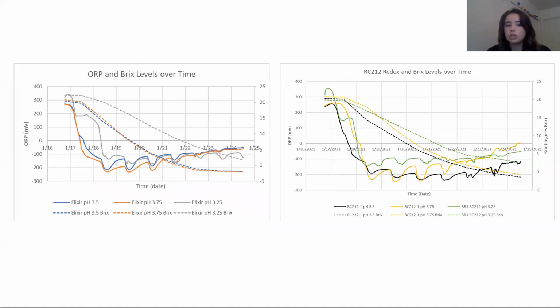This slide is just the two pH graphs compared. We can see the plateau in the first few days of the ones that struggled in each run, right here and here. And then there's also this rise in redox towards the end that is similar to the ones that complete, even if the sugar level is still high. Since these strains are fairly different, it's encouraging for prediction purposes in the future that they show very similar trends.